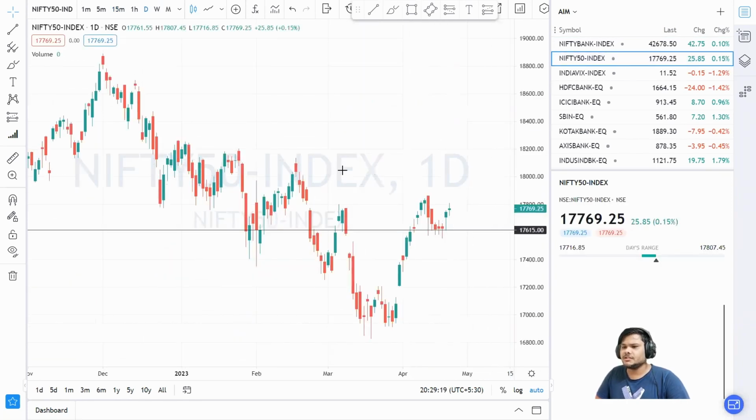In Nifty, you can clearly see that it made doji candle here. So if tomorrow market trades above that 7,800 and shows positive movement, then you can consider it for buying, and target will be around 7,850 to round level 7,900. But if it trades below that doji candle or if it trades below